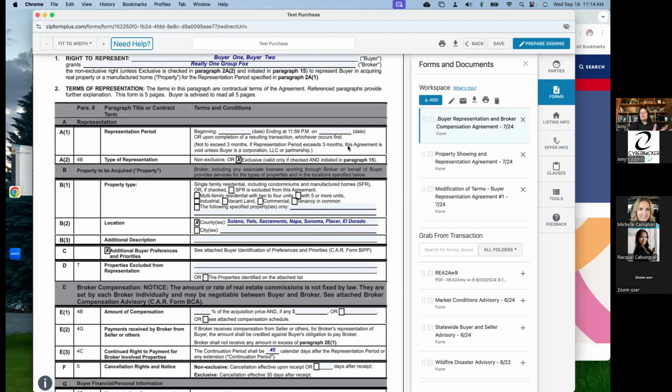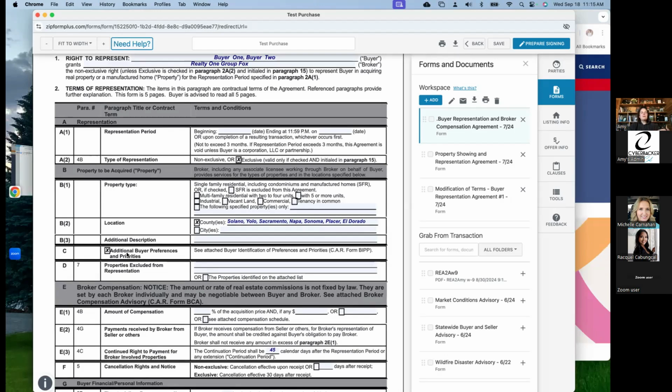So don't make that error. If we're getting up to that expiration date of 3 months, we want to turn around and then extend it. Again, we're going to use that modification of terms buyer representation agreement form, that MT-BR, I believe. Be as complete as possible in this upper section, what you're going to fill out for what properties they're